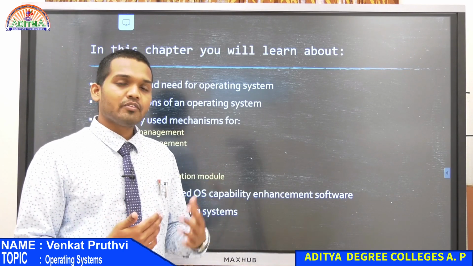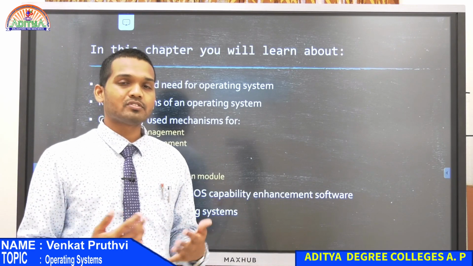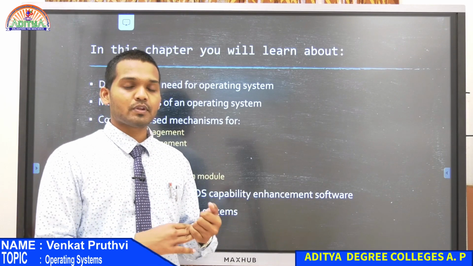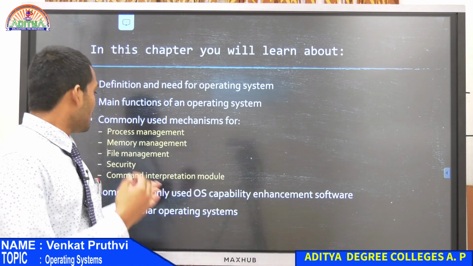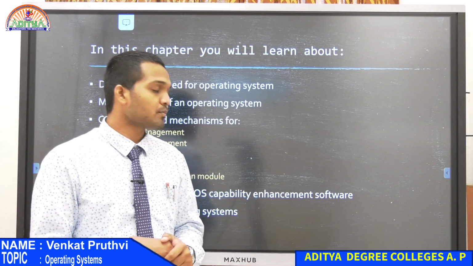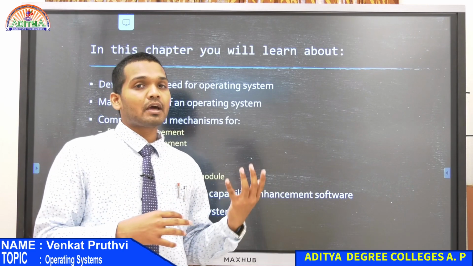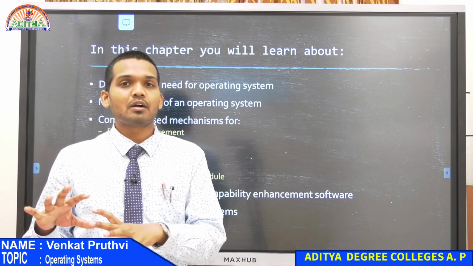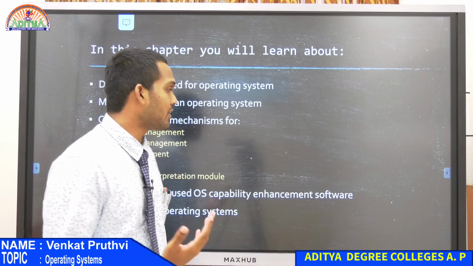File management is what we use in our day-to-day life, and in all computers and mobile phones we have file managers. These file managers have various folders, the system files, as well as the files that we store under different directory names. In order to manage those files stored on the hard disk, we require file management. All these concepts are internally managed by the operating system, but we all think it is all just happening inside the computer.